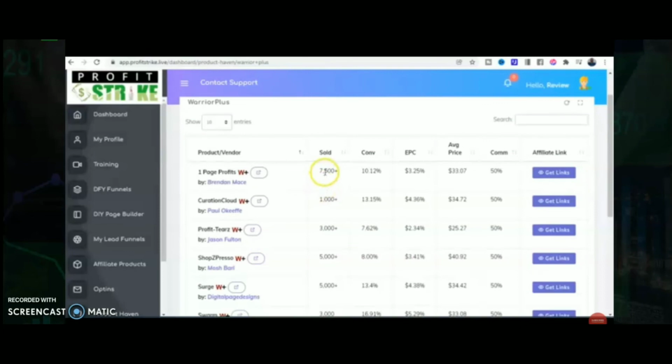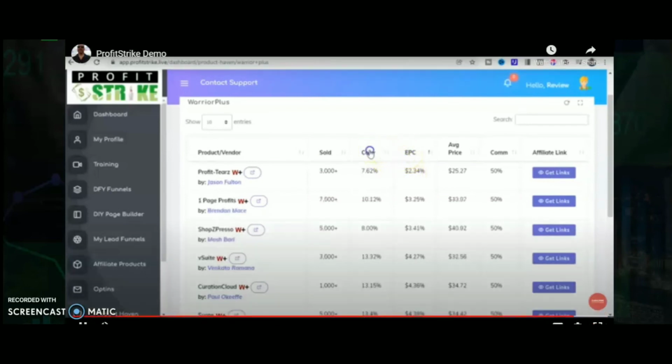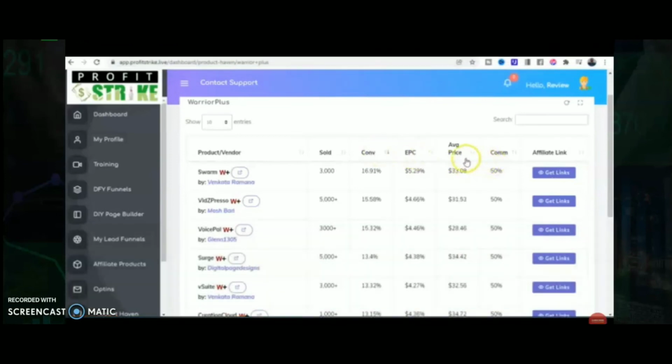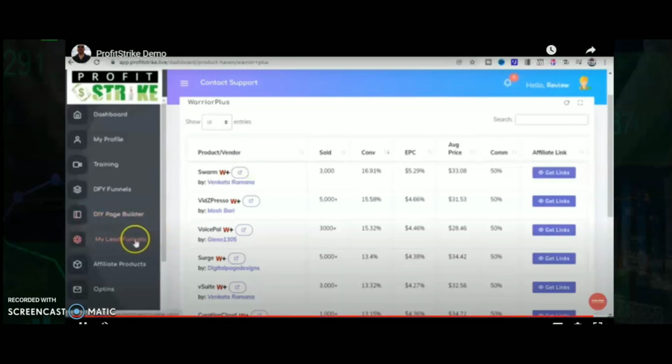You can see how much they've sold, conversions, and so on. EPC, you can sort it by conversion and EPC as well. Commission, so it gives you a nice ability to choose the best product to promote, and then you just get a link, your affiliate link, and this is how you configure your product and the funnel.